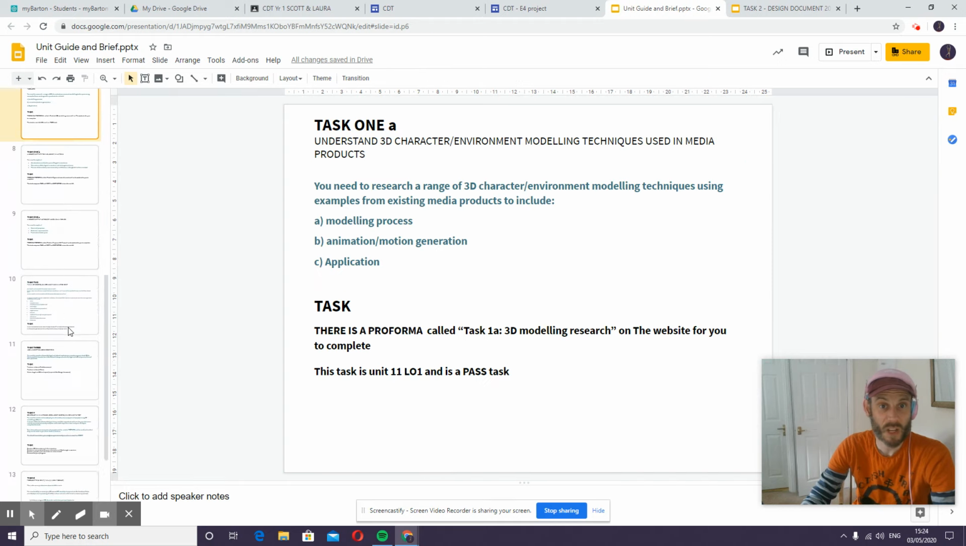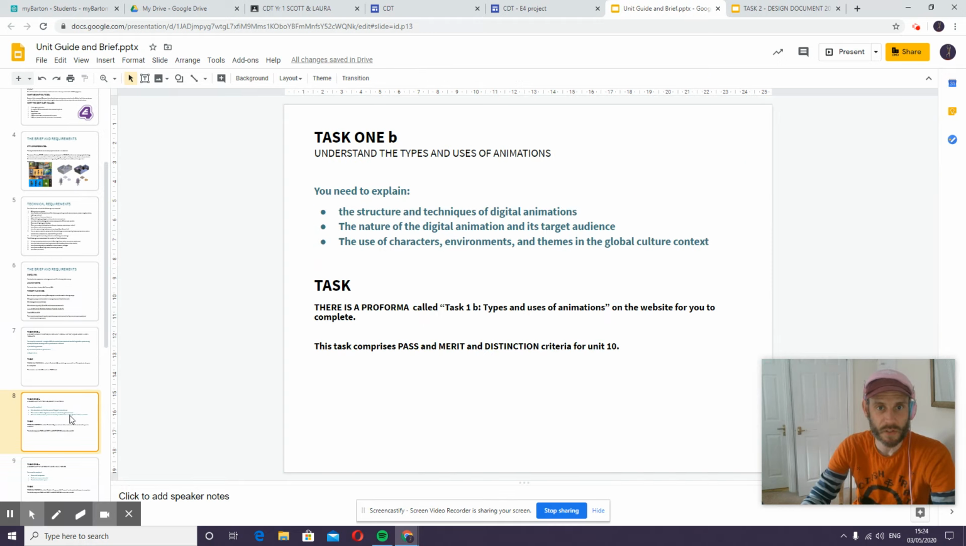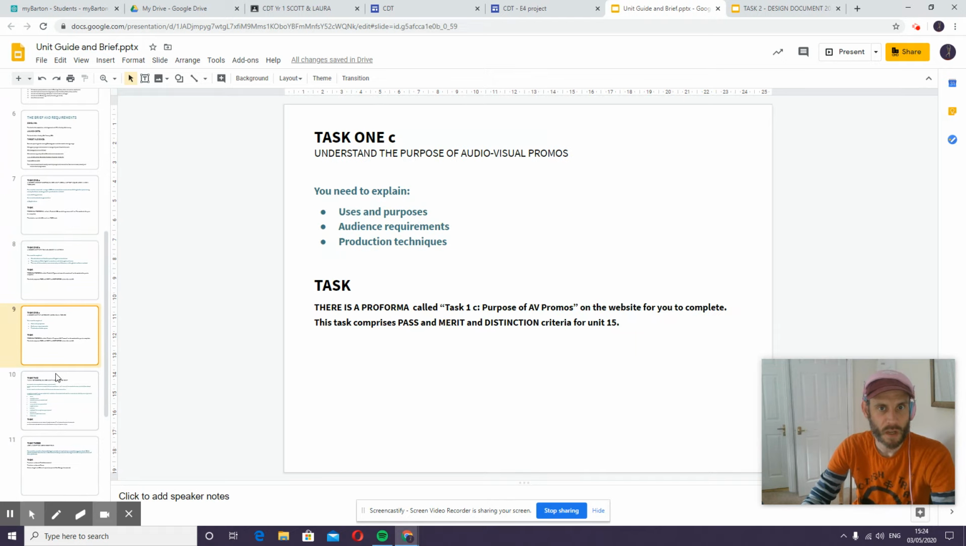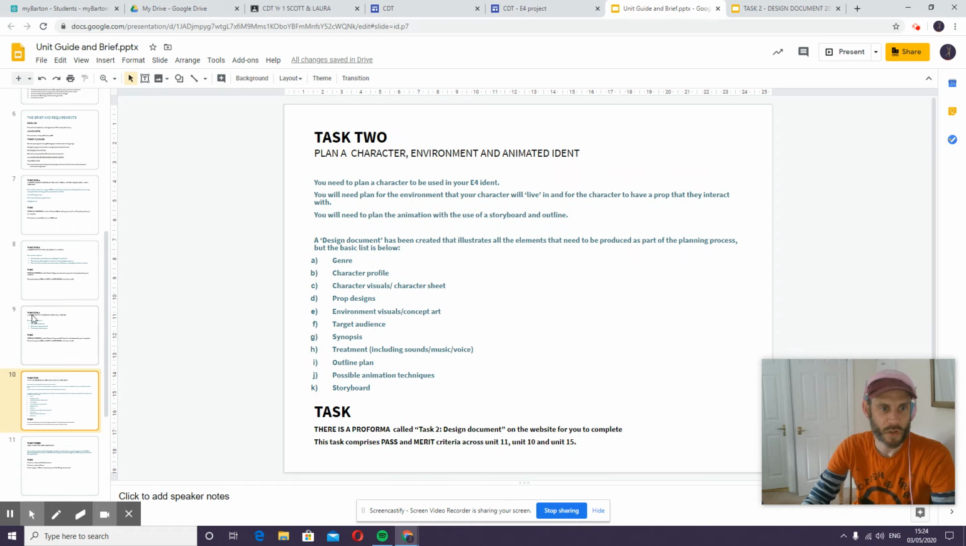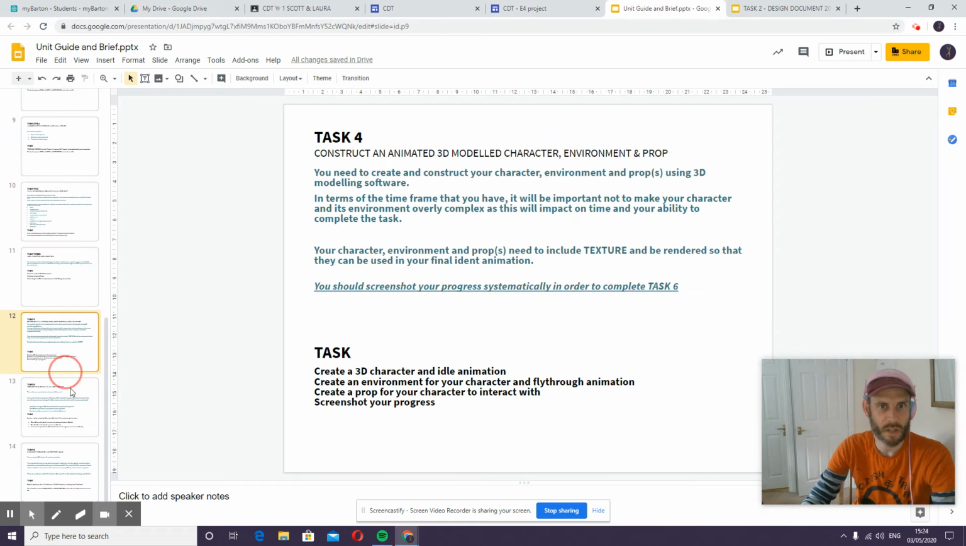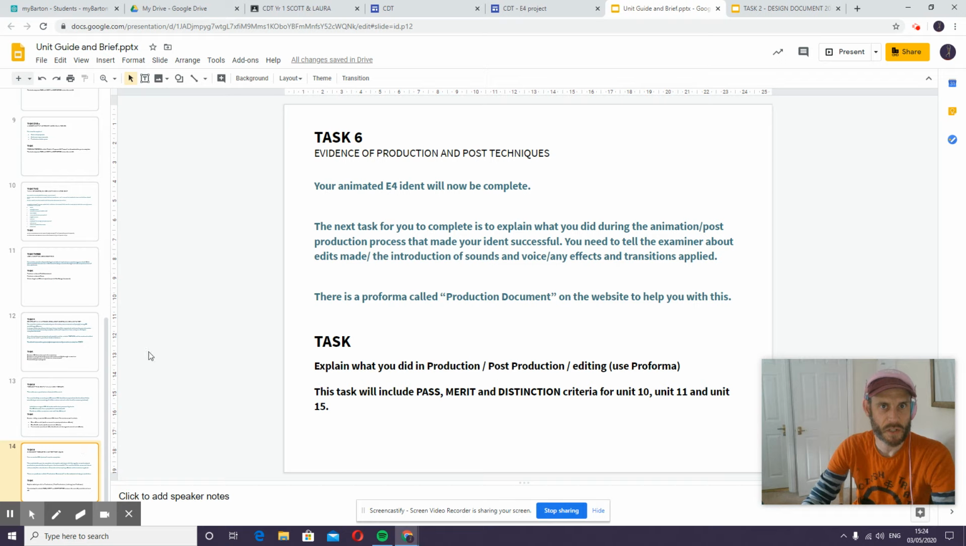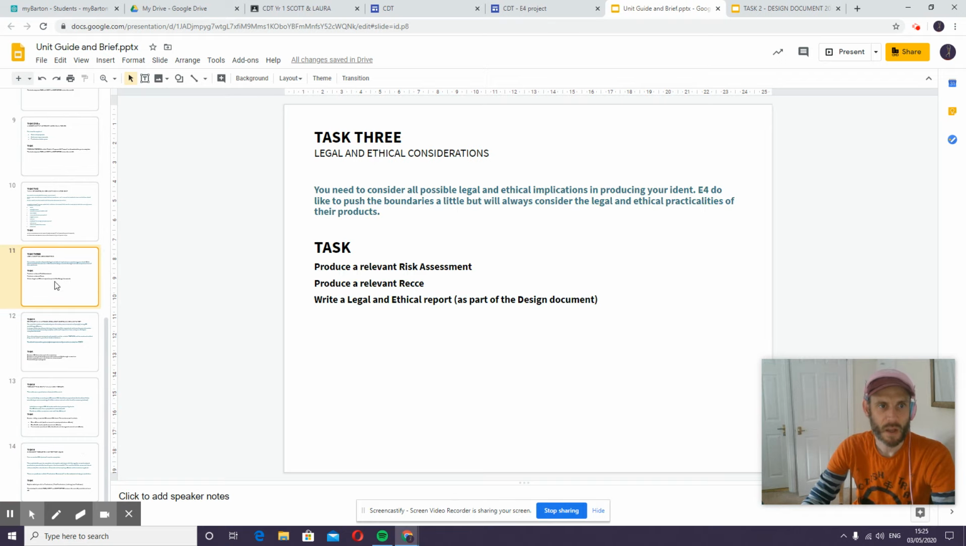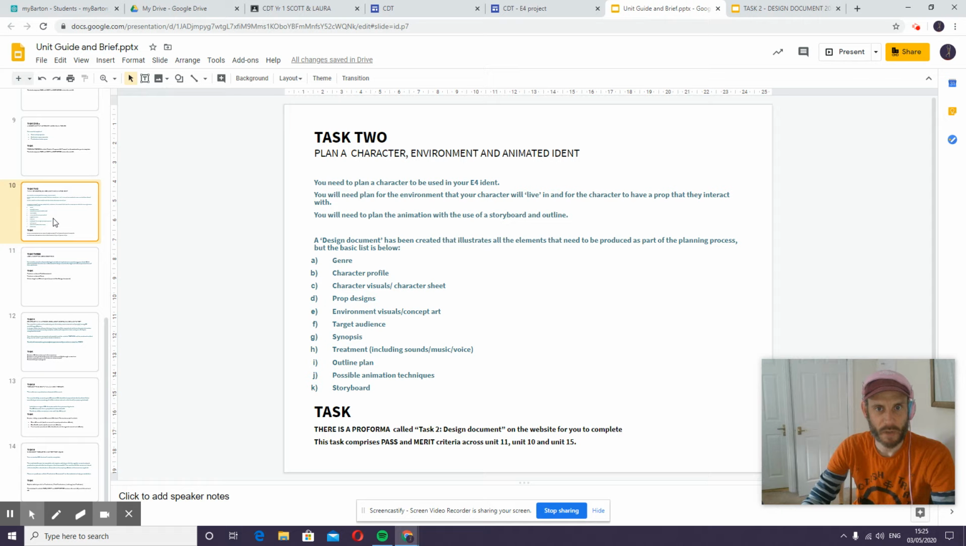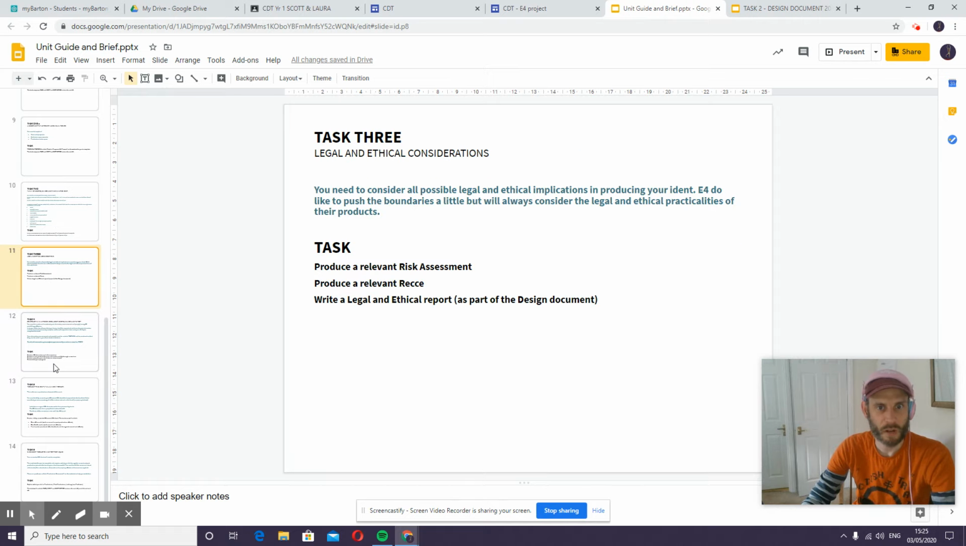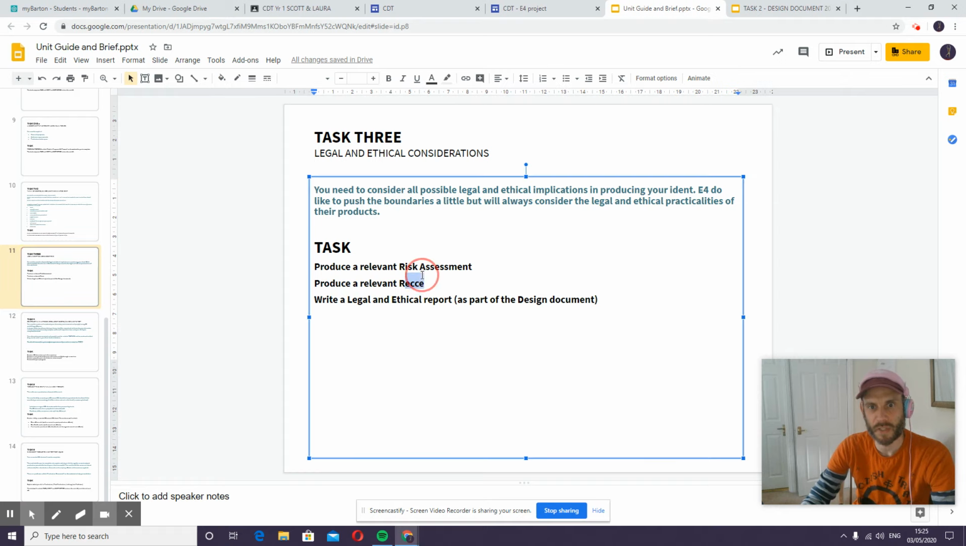And then in this document, there's a brief explanation of each of the tasks. You've done task 1A, 1B, and 1C, or at least we have covered all the content for these tasks, and we are now moving on to task 2. So the rest of the tasks are in here, should you wish to. It's pretty straightforward, though. We do those 3 written tasks. We do this design document where you're planning the character, environment and your animation. We've got a bit of legal and ethical stuff to do, a risk assessment, a recce,